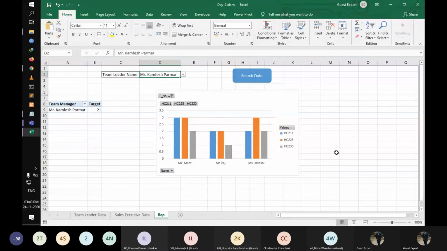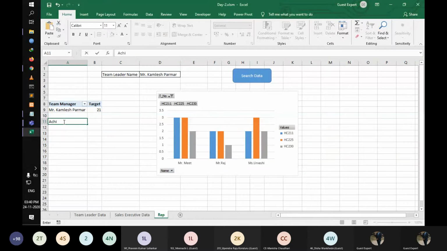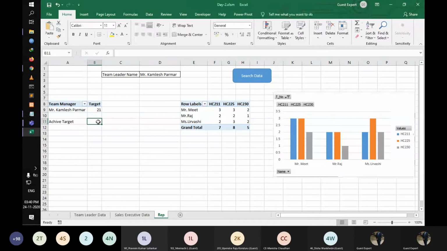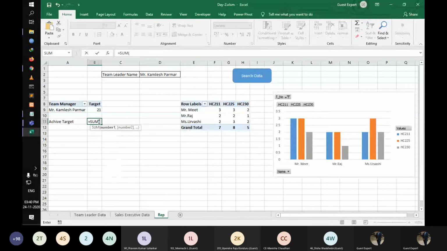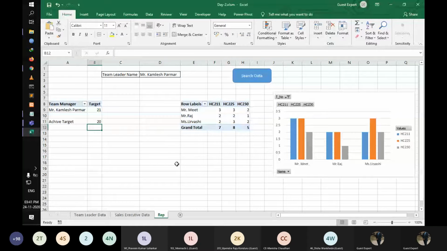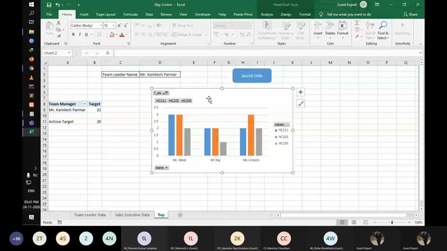They show me all my chart detail over here. So Mr. Kamlesh Verma, their target is 21, but they achieved 20.